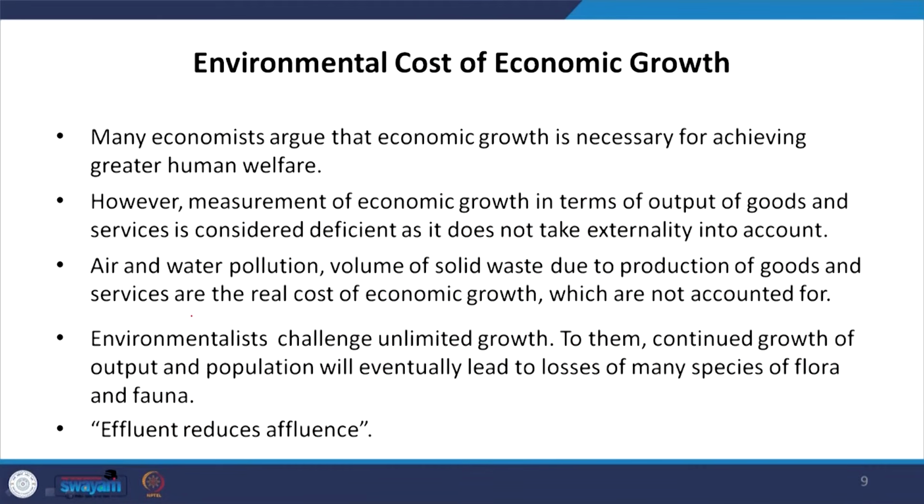So, population pressure on our natural resources, then high growth rate of industrialization, urbanization, they all generate pollution, and pollution also affects our affluence, also affects our prosperity, because if pollution level increases, then health of the people will also be badly affected, our water bodies will be badly affected, our air will be badly affected, and that will be a huge cost on our lives. So, therefore, the argument is made that effluent reduces affluence.